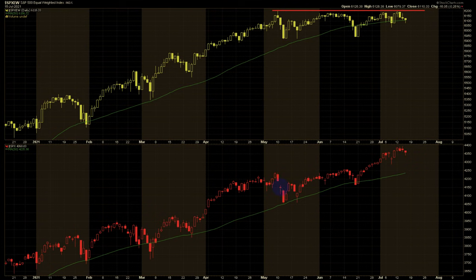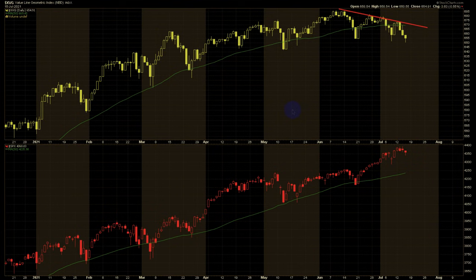So that's something important to watch. Meanwhile, the equal weight S&P 500 hasn't even put in an all-time high yet. It hasn't broken out to all-time highs, but the SPY has. The S&P 500 is breaking out. So that's a divergence. If you look at the Value Line Geometric Index, XVG, it's clearly diverging as the market's pressing